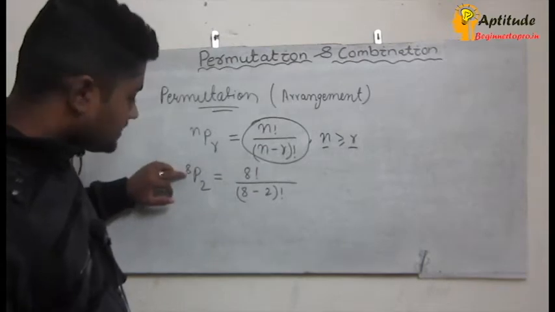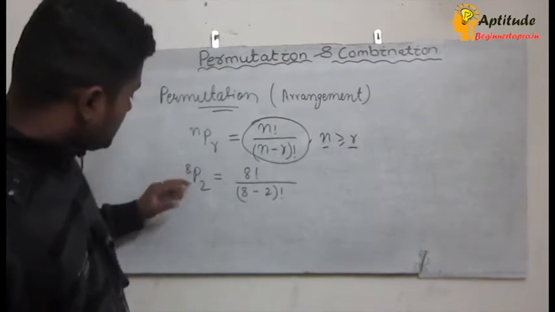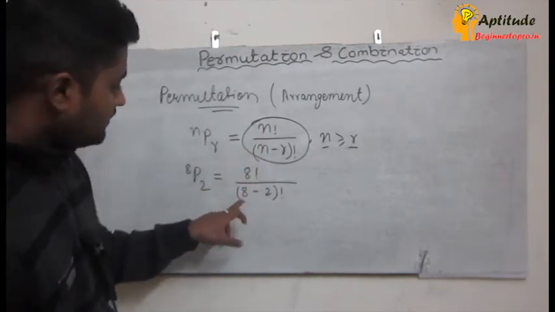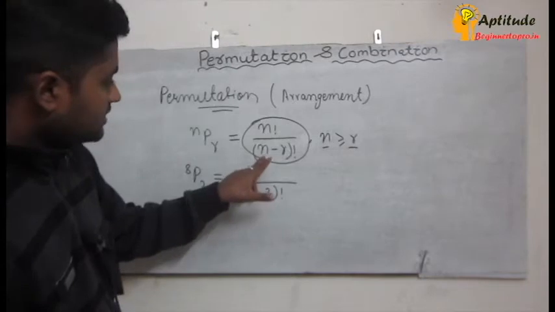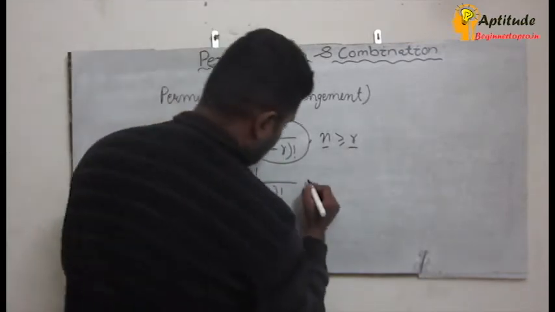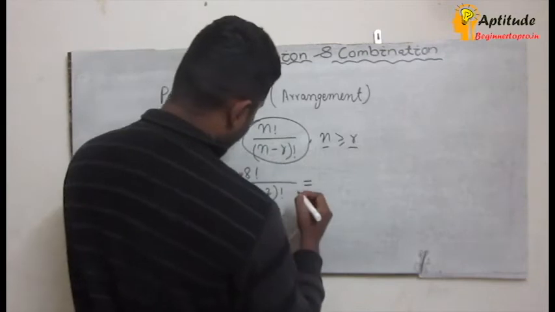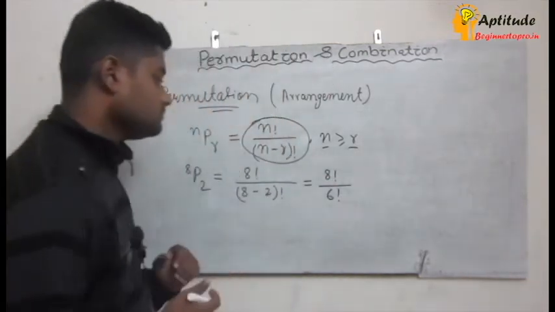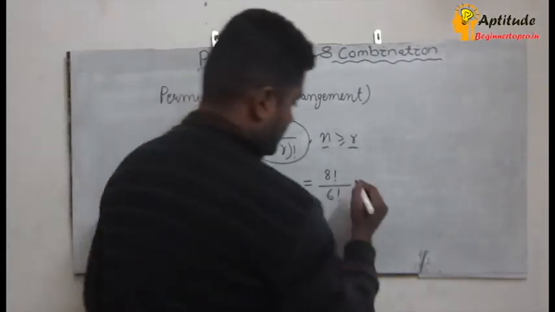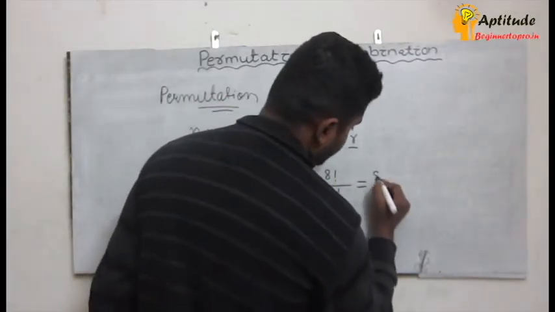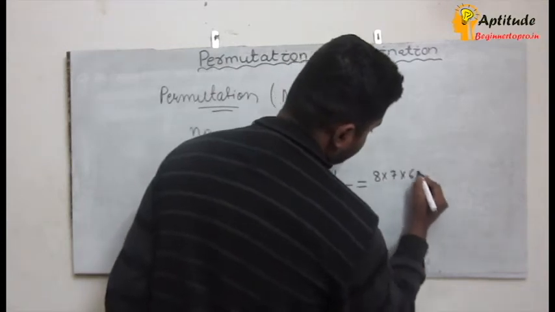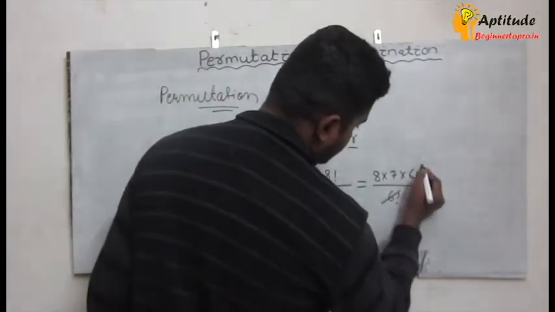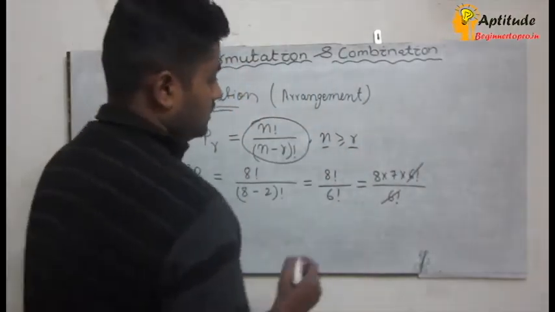Here n is 8 and r is 2. So 8P2 can be written as 8 factorial, which is n factorial, divided by (8 minus 2) factorial, which is n minus r factorial. So 8 factorial by 6 factorial. Now we can write 8 factorial as 8 into 7 into 6 factorial, divided by 6 factorial. The 6 factorial and 6 factorial will cancel out. So the value will be